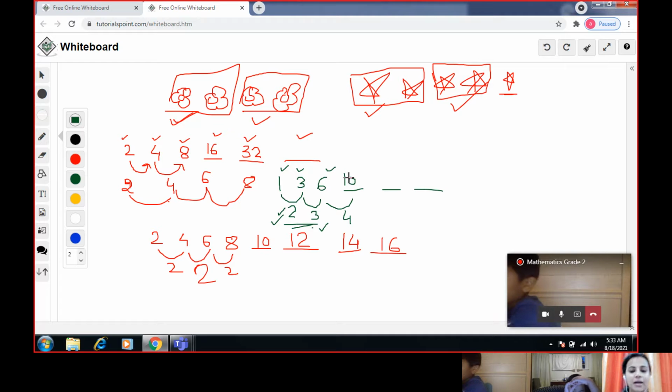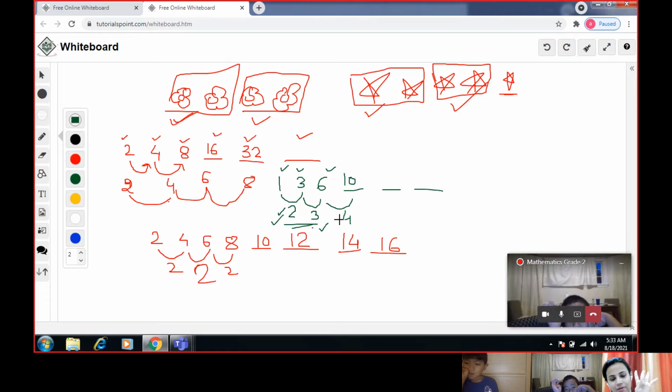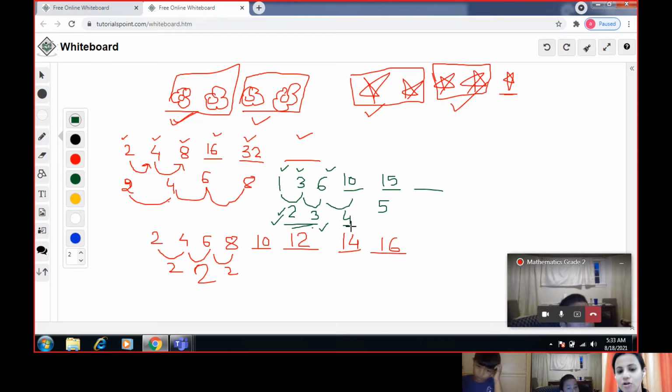Okay. Now again see here, we have counted from 4 fingers. Is the next one 15? Let's see. 11, 12, 13, 14, and 1 more finger. That is 15. Yes, this is 15. And we have counted now on 4 fingers. Now see here, first we have counted on 2 fingers, then on 3 fingers, then on 4 fingers, then on 5 fingers, and now we will count on